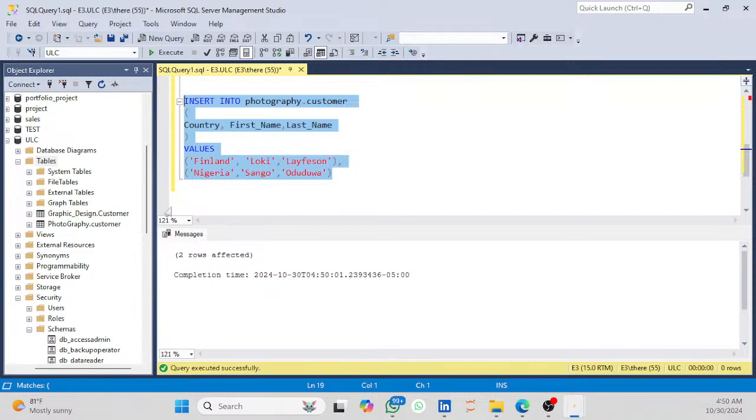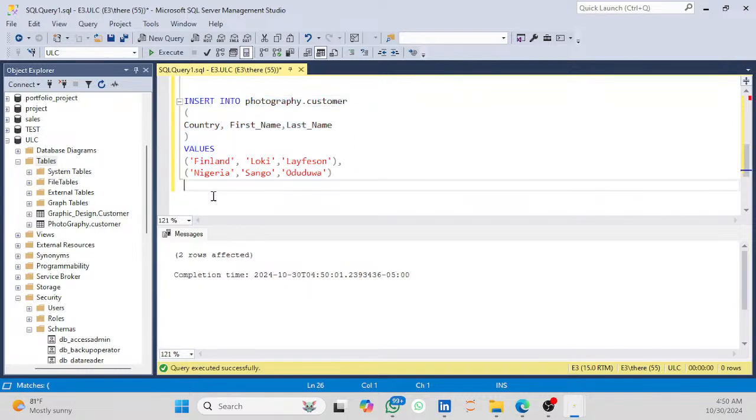Now let me check on that row. How do we check a row? If I want to query a row, what's the keyword? The main keyword. What's the main keyword? We want to query, we want to get information from a table. Select. So select